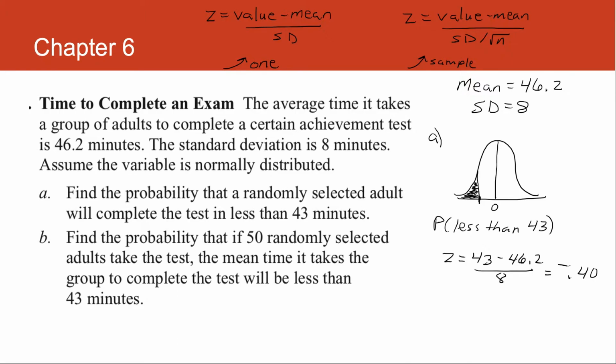All right, and so with that in mind, then we'll go to our table, and on the table it says table B-1. It may also say table E. It's the first table that we worked with, and we're going to look up that area. So looking up that z-score of 0.4 is going to give me 1554. So remember that, and we made a big deal of this when we learned it, that when we look up an area in this table, we are getting the area from 0 to the number that we looked up, so